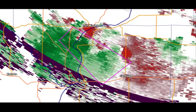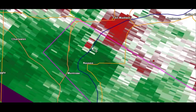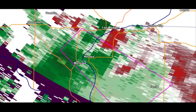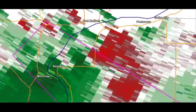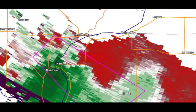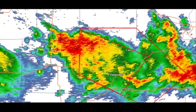Let's check out the velocity signatures. And yeah, there's something right here. Very tight bit of rotation. Looks like it's very transient, whatever it is. And then they may be looking at this from another radar, because I don't really see what they're going for right there. But anyway, that's the storm. Next one down the line,